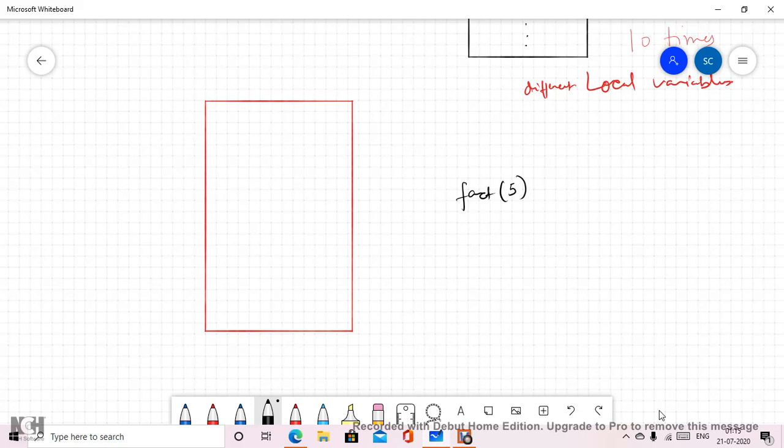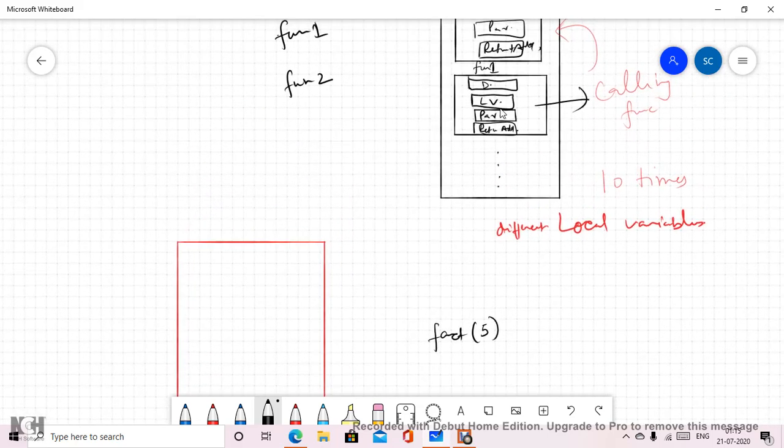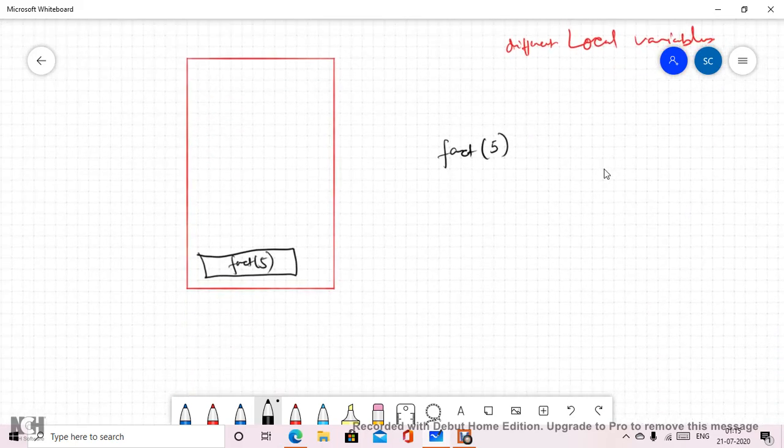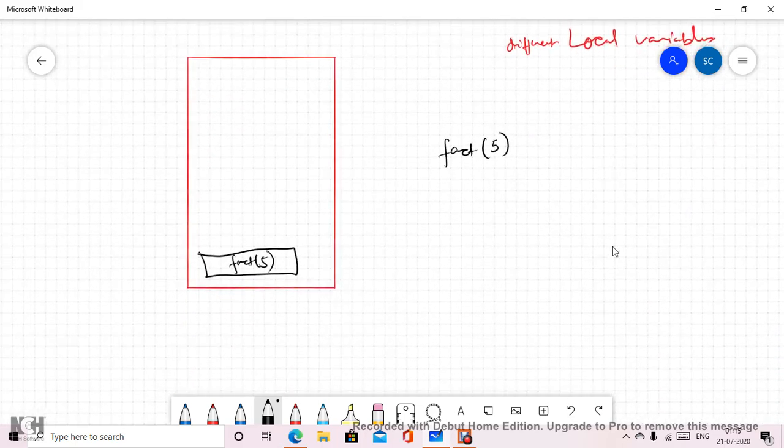So what will happen, as of now in the stack, my fact 5, that means all the variables related to it, all the parameters which we have declared in the function definition, they will be kept in the stack, and now this function denotes the top of the stack.